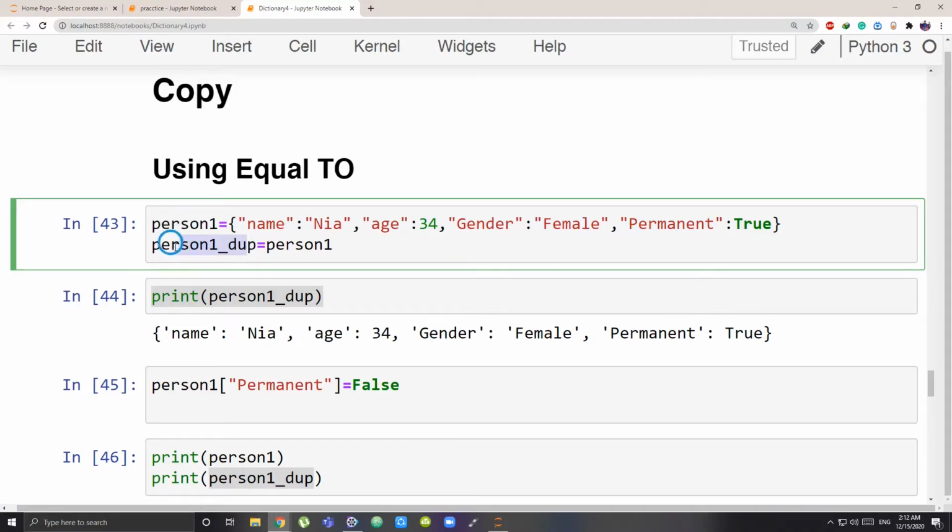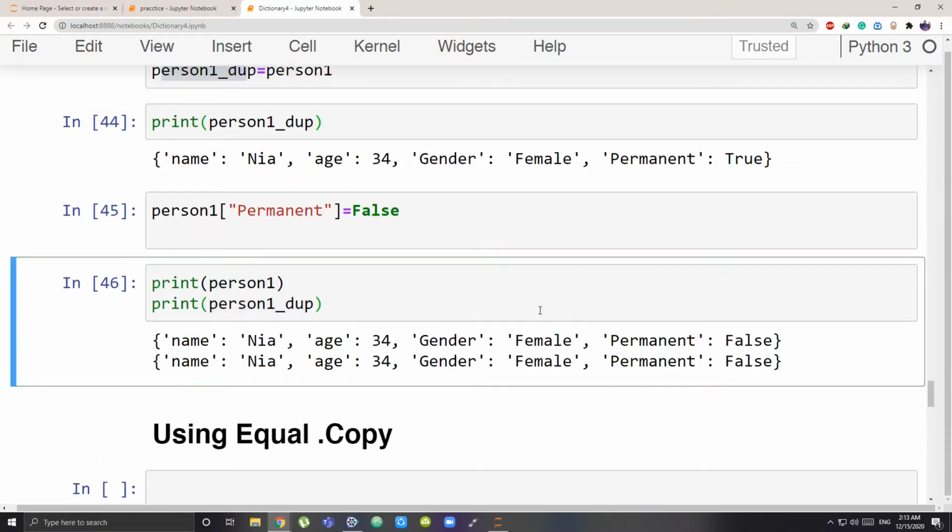I'm creating another name, another variable, which is not actually a dictionary, it is just another name for the same object, pointing to the same dictionary. It's just something that is pointing. So it's not a new dictionary that is created. That is why any change I make to this one is shown in the duplicate also. If I make a change to my duplicate, that will also be shown in my original. Why is this? Because they both are the same dictionary. These are just two names that we are giving to the original dictionary only.